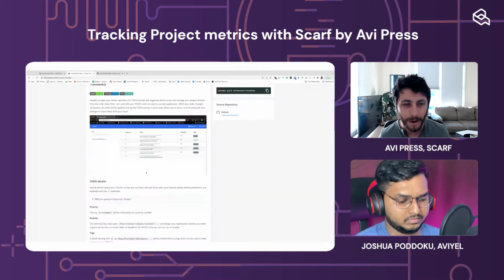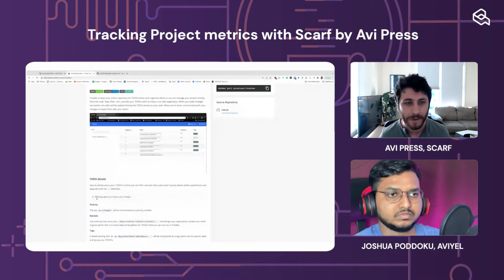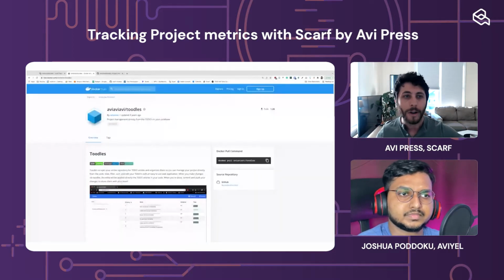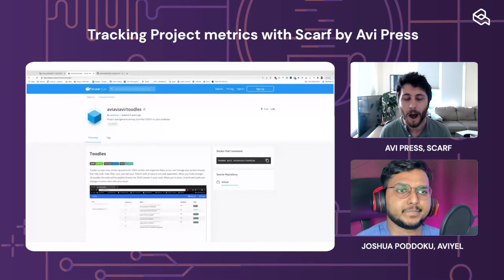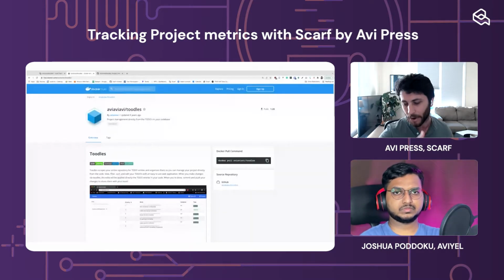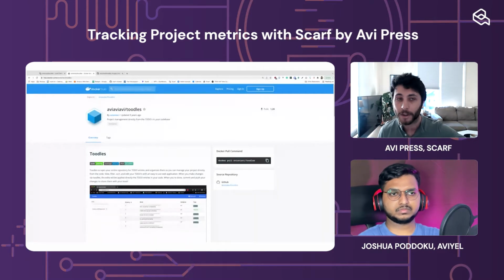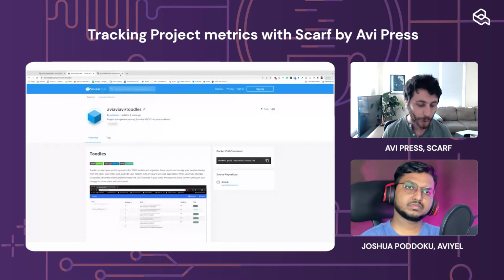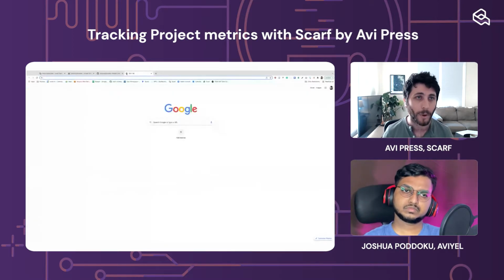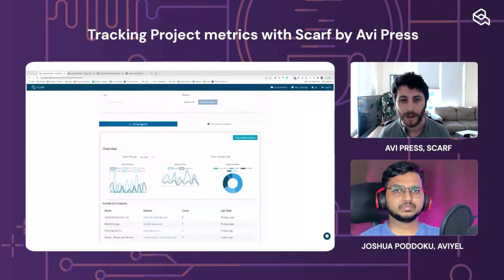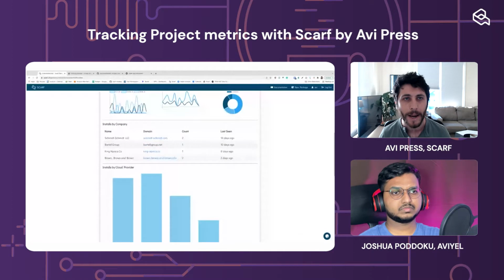Especially if I embed the new install instructions that I had from Scarf in here, this gives us a really concrete way to basically track the journey of a given user with your software, from how they discover it to how they download it to how they use it and then eventually deploy it to production. You can start to track that all the way across. I know I'm jumping around here a lot, but one of the really cool ways you can consume this information is via our API.